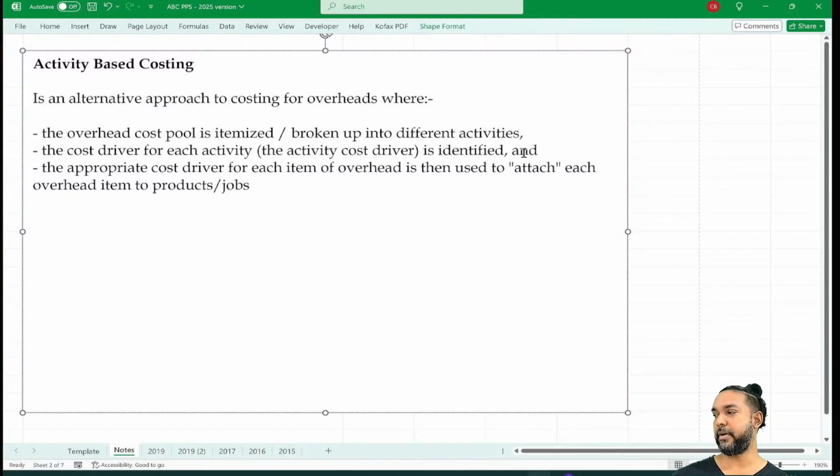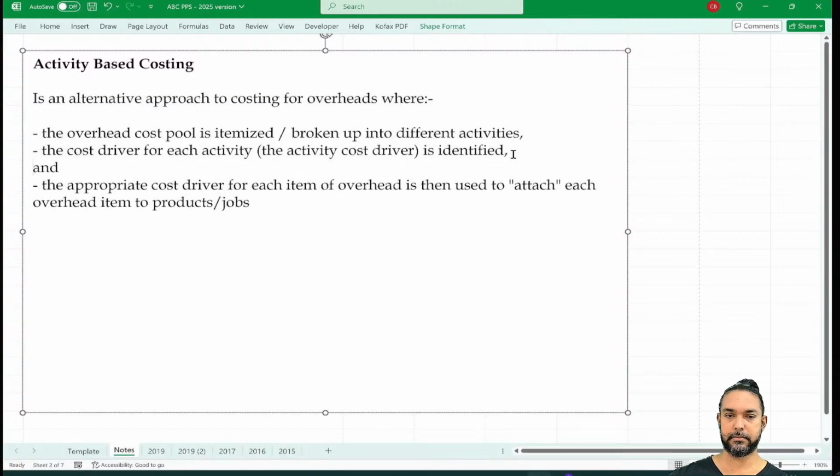So what I mean by that is that you're going to calculate an application rate for each activity and then use that rate to attach. Sorry, I think I missed a step here. I did. An activity application rate